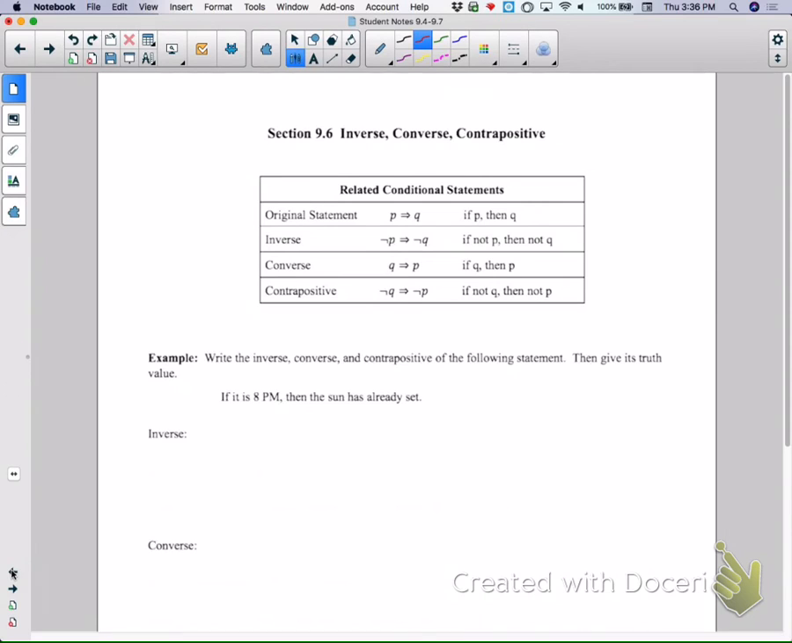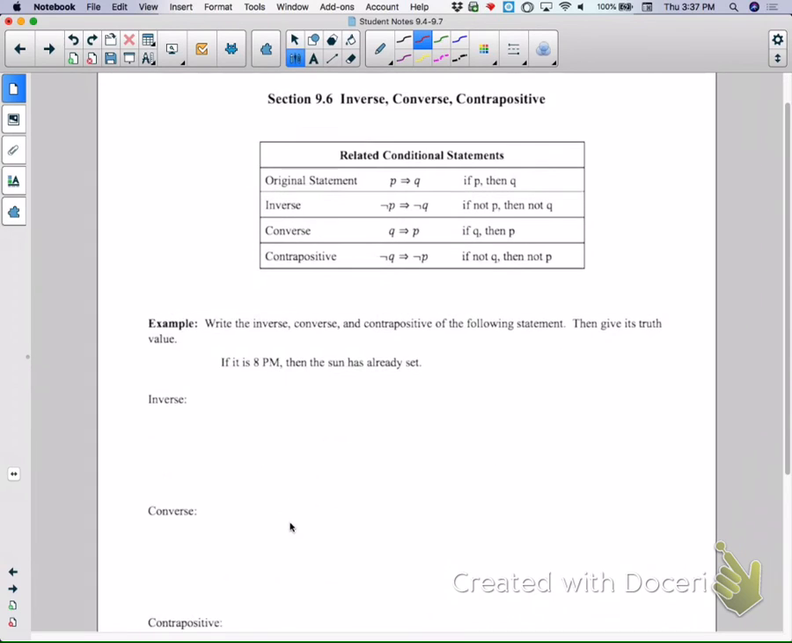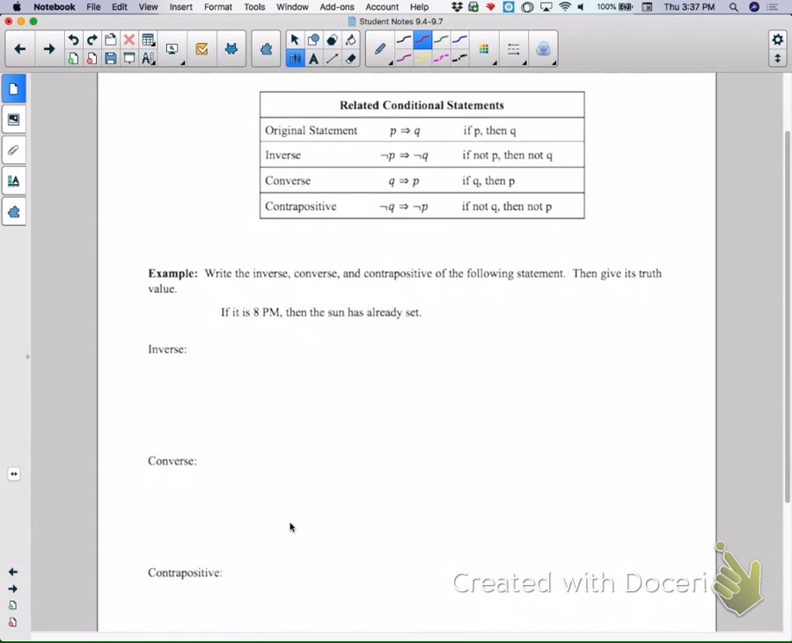All right, so write the inverse, converse, and contrapositive of the following and then give its truth value. So our book seems to always ask you to do inverse first, but do make sure you get those two down, inverse and converse, because it may not necessarily always be given to you in that order. So our original statement is if it is 8 p.m., then the sun has already set. So the inverse, we're just going to make those two statements opposite. So if it is not 8 p.m.,